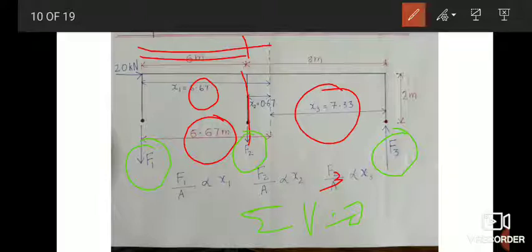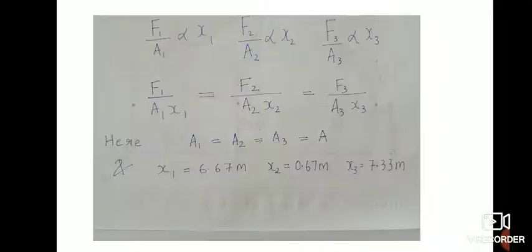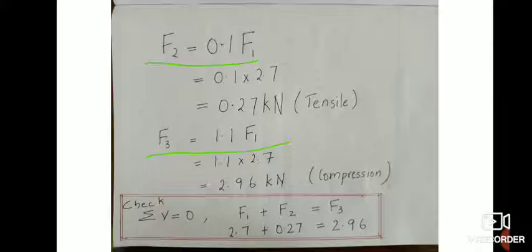If you get another problem with 3 bays and 2 columns to the left and 2 columns to the right of the centroidal axis, then you can write f1 plus f2 is equal to f3 plus f4. Like that, the net axial forces to the left of the centroidal axis should be equal to the upward forces, or simply sigma v should be equal to 0. So you can check at this stage whether the value that you have obtained is correct or not, because based on this value you have to proceed with the entire problem. So the check ensures that the problem is correct.